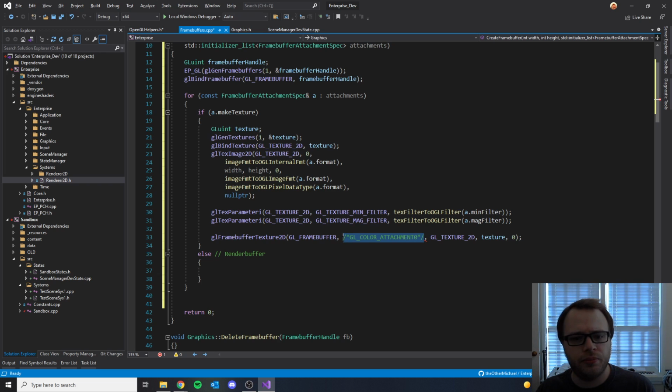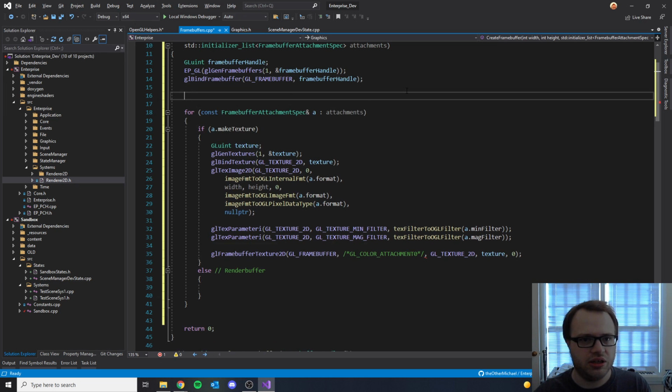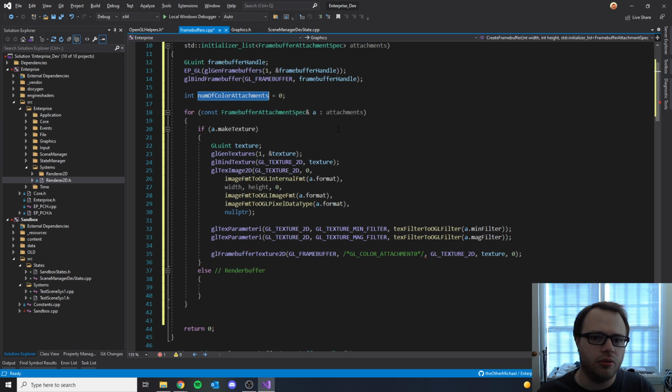Yeah, the mip level of the texture to attach, which is always going to be 0 in this case. So for the attachment that we select, that's going to depend on a few things. We're going to need to keep a running tally of how many color attachments we've got going. So we'll say int num of color attachments equals 0. And then we'll have to increment